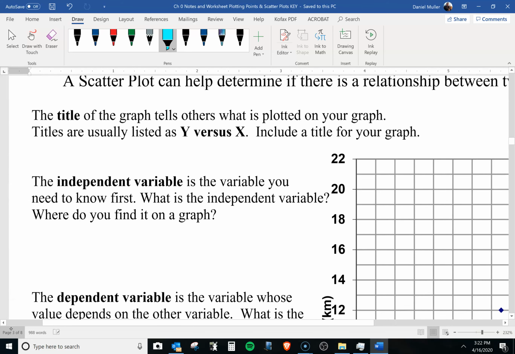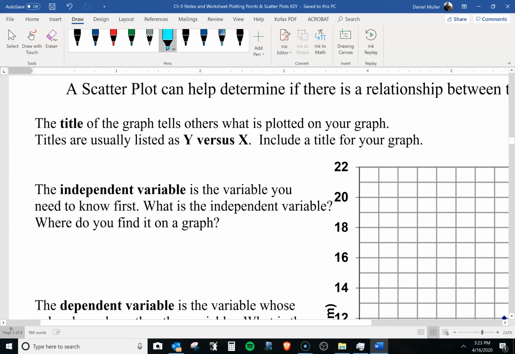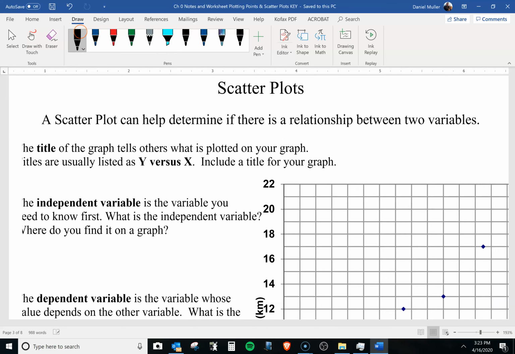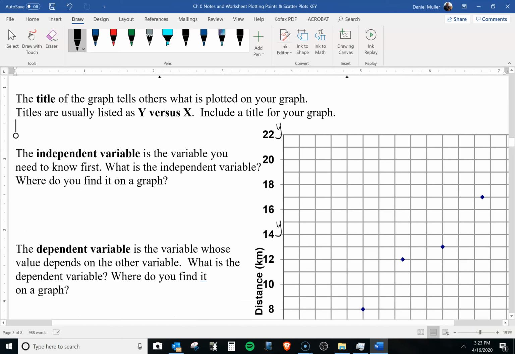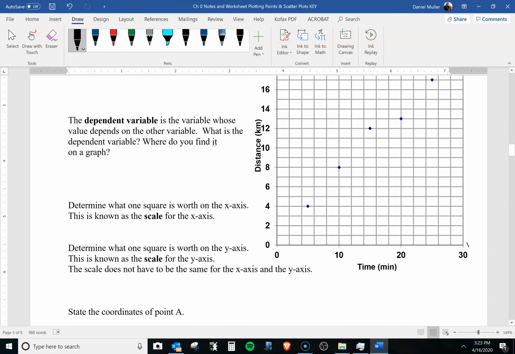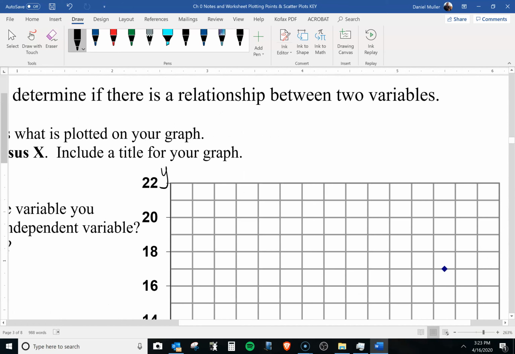So the title of the graph tells others what is plotted on your graph. They're usually listed as y versus x. So it's good for us to label the axis here. I'm just going to label this as y, because y is vertical, and then the horizontal is the x, that's down here. And y versus x, so the y is distance, so the title is y versus x, and so for us that would be distance